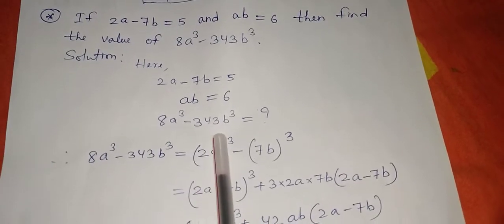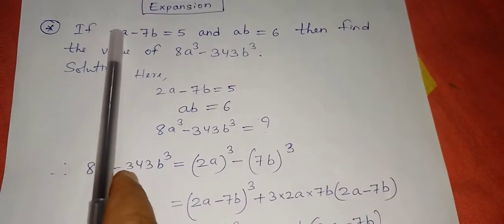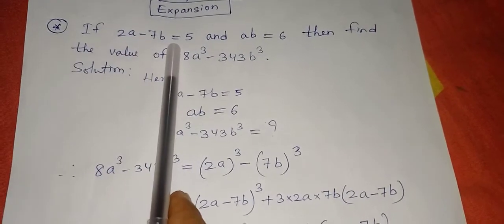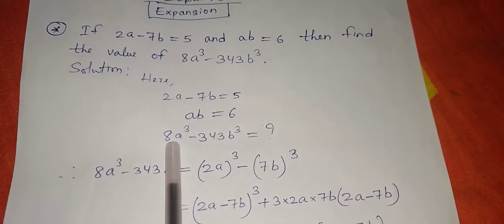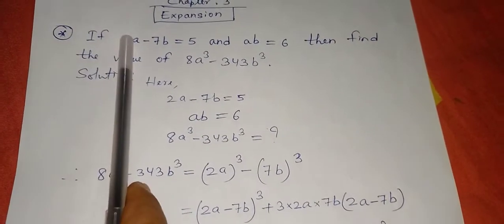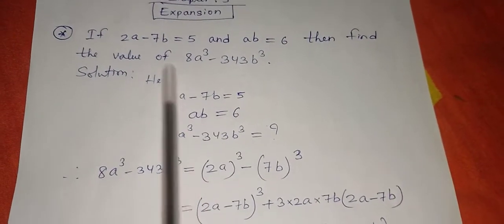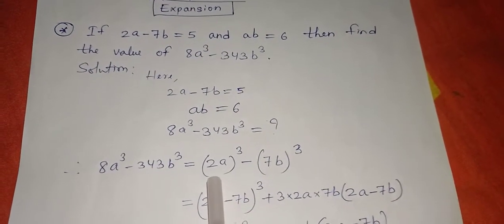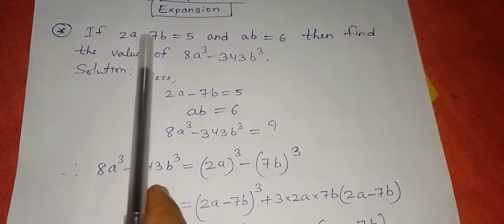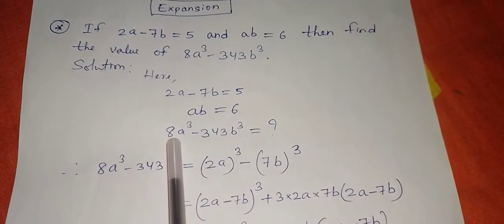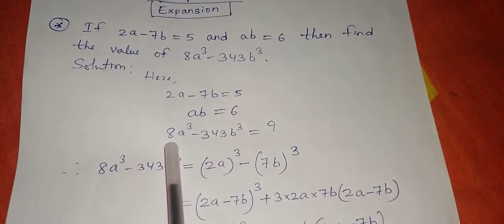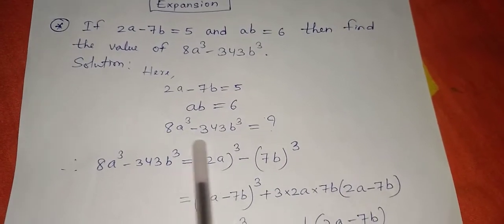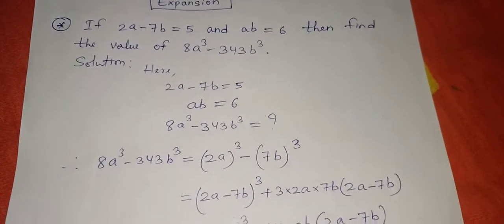Now you might be saying, how did you know sir that? Then you can see this value. You can see here the value is 2a minus 7b. That means as the cube of 2 is 8, similarly the cube of 7 will be 343. So with this common sense you have to solve this question. By looking at 2a and 7b, you have to doubt that this is the cube of 2, and it is very common also that cube of 2 will be 8 and cube of 7 will be 343.